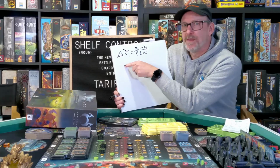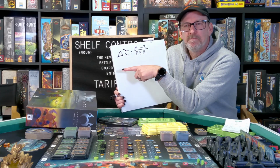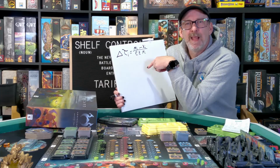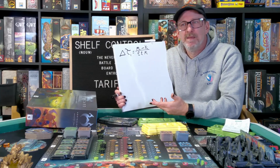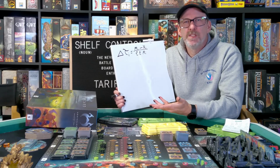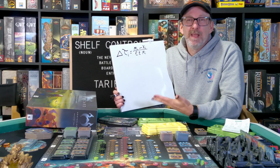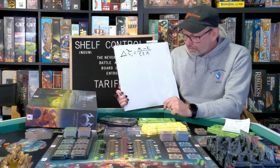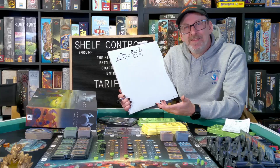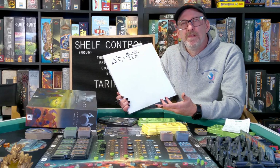What they're trying to do with delta T is get it so Americans will buy less stuff, so the trade deficit will get smaller, because we're not buying as much stuff, and that way it can be equal. So that doesn't even take into account that we're not importing the same stuff. So